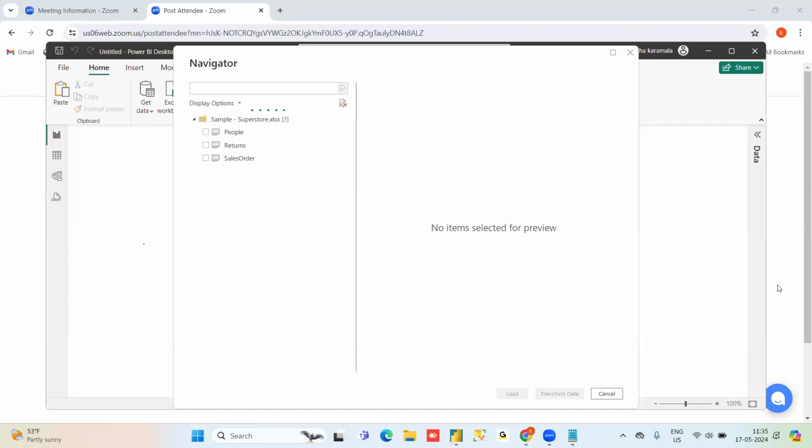Drill through will open a detailed report in another page. Say I have aggregated model data in one page, but if I want to see detailed data, I give a drill through option there.